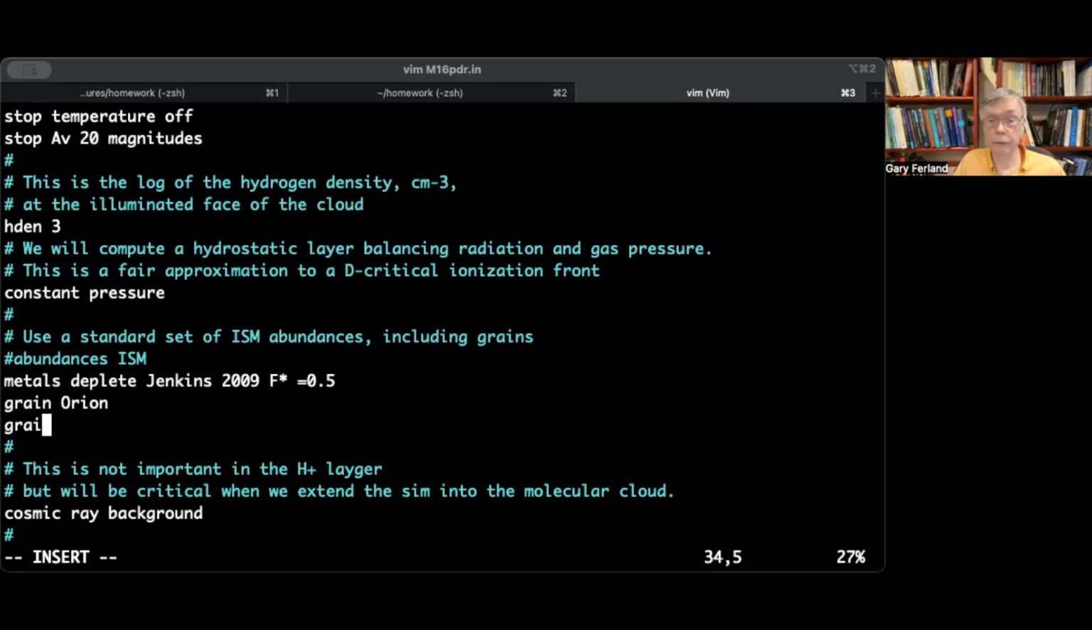And then last, we'll turn on grains PAH, and we'll increase the PAH abundance by a factor of 3. This is different than we assume by default if you specify nothing, but it is in better agreement with more recent observations of PAHs. So instead of using abundances ISM, which did a lot of things, some of which you might not agree with, we're going to explicitly put these things step by step out here. Okay, with that,